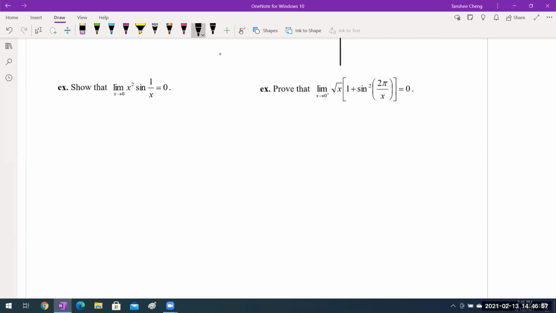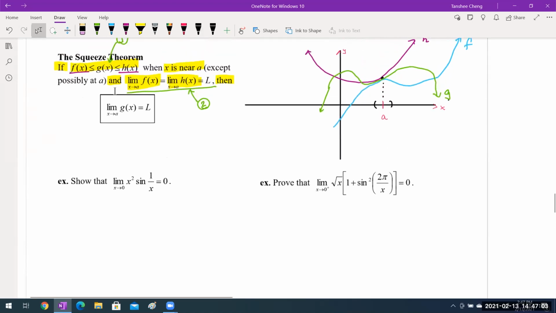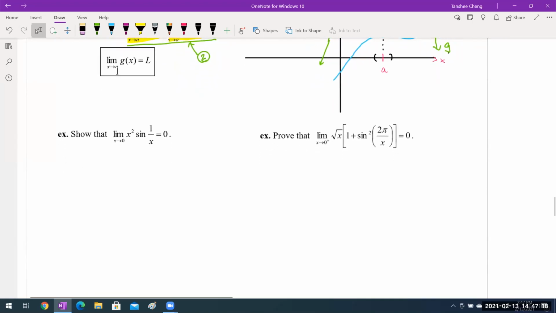So the only theorem that we learned so far is the squeeze theorem, right? In order to use the squeeze theorem, first I need to make sure that criterion one has to be met. Criterion one is what? Try to find out the lower bound function and the upper bound function of this middle function. So I have to think about